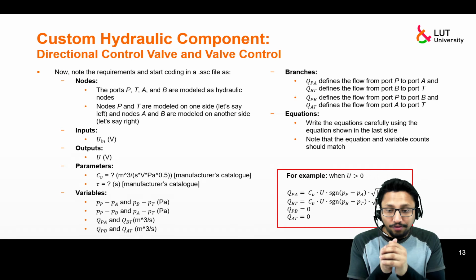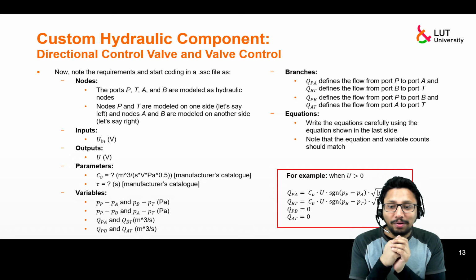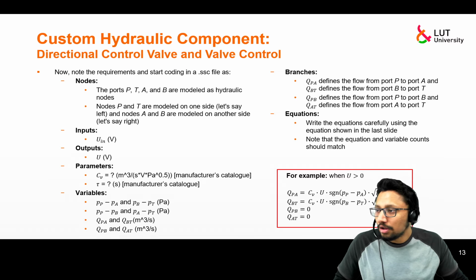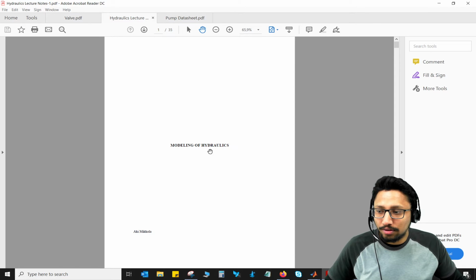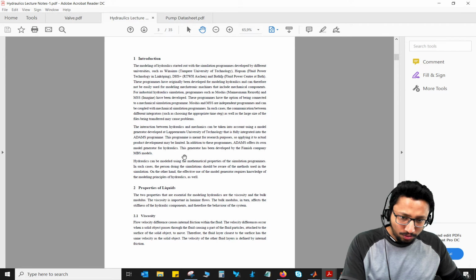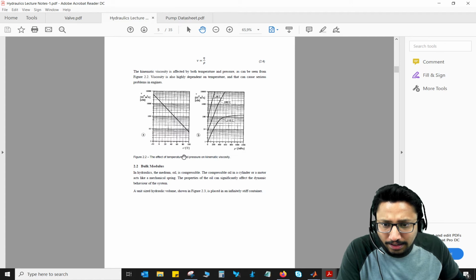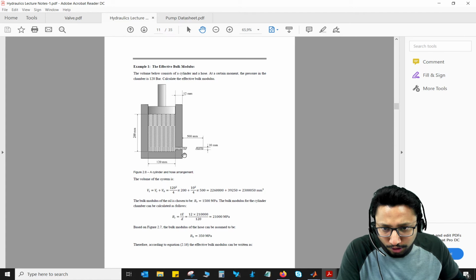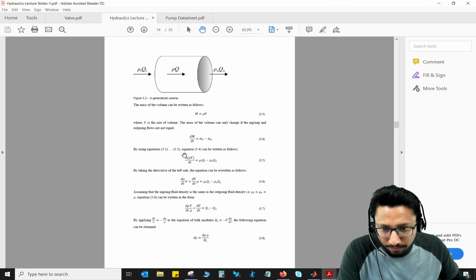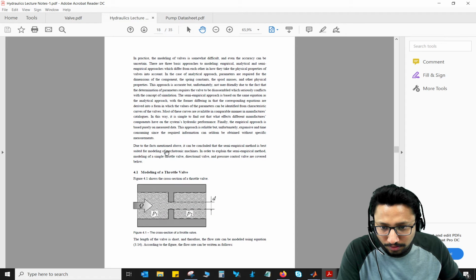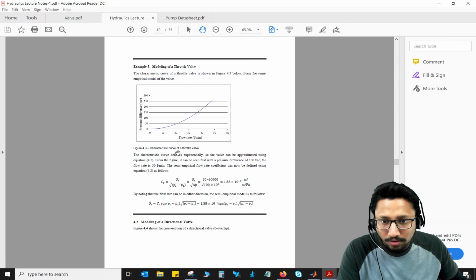Okay, first understand how you can obtain these values, or how you can calculate these values in theory. If you follow this hydraulic lecture note from the course, let me take you to this part on the throttle valve. Yes, this part.